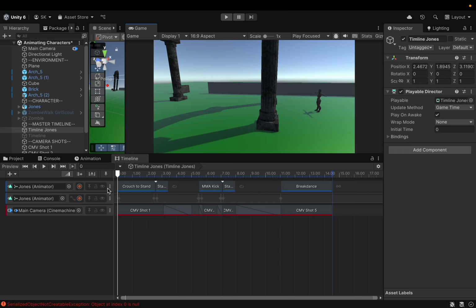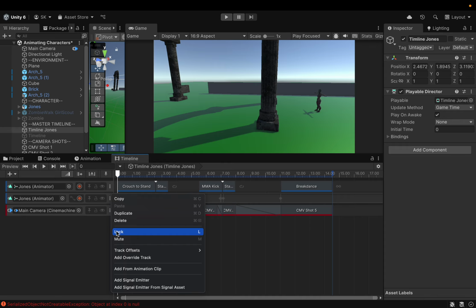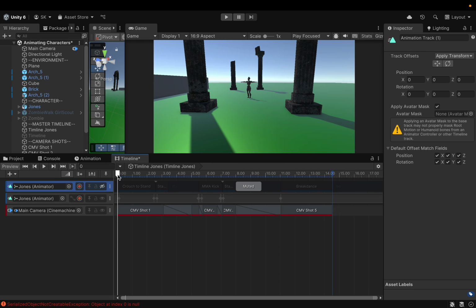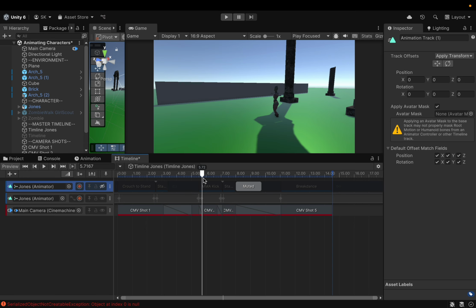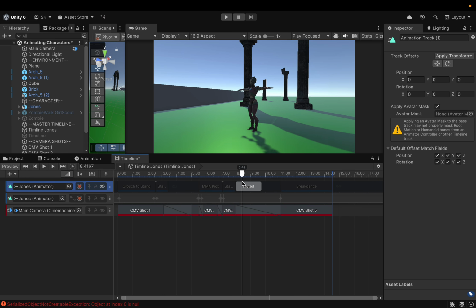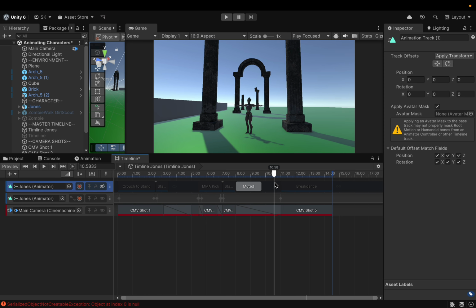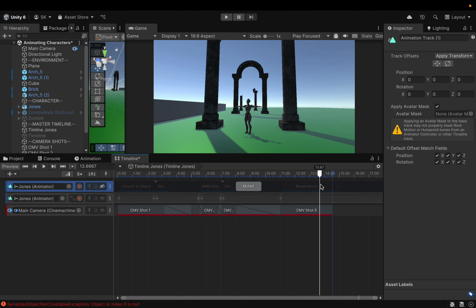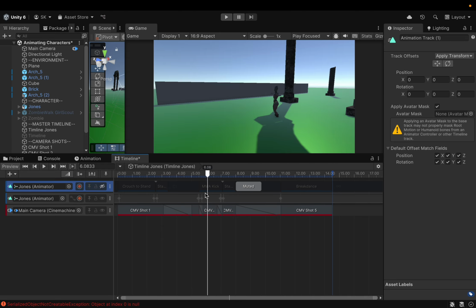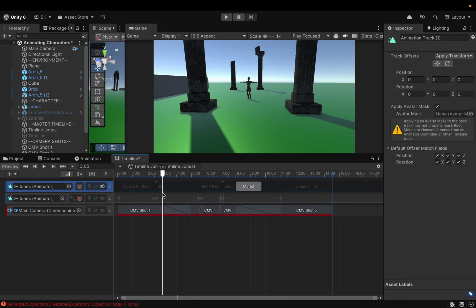Now, if I mute this one here, you can see that my character is just moving. There's a bit of a jump for him in the beginning and off the ground. That's what I was talking about. That needs to be adjusted. But basically, this is only the path that my character is taking. Okay. Now, if I unmute this and mute the other one,